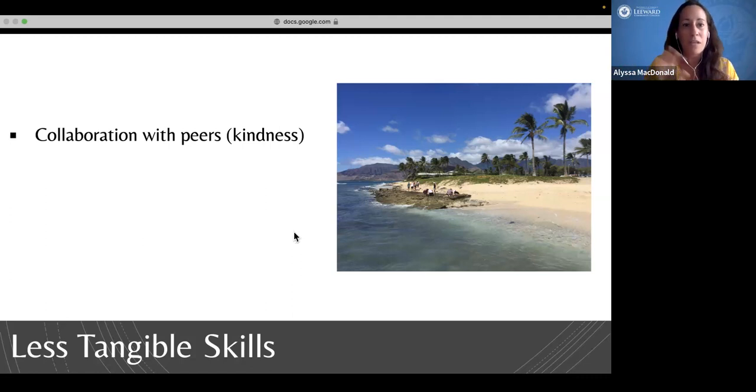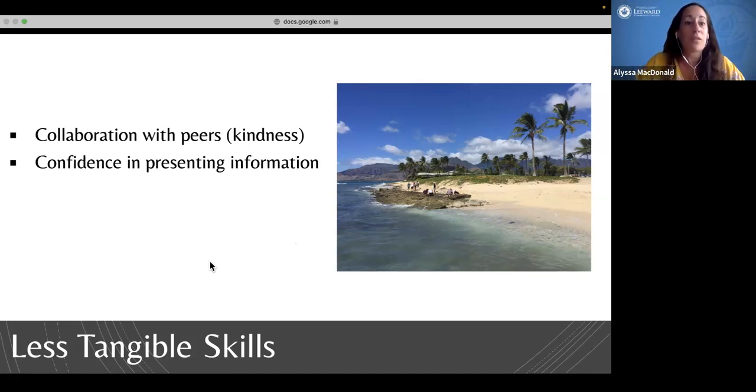This is actually a picture of students surveying the tide pools on the west side of Oahu, and they take that information that they've learned and bring it to everybody else so that it can be more accessible to the world. Other things, obviously confidence and presenting, as Natchee talked about, being able to not only put it out in the public face, but also give some presentations about what they've learned, is really helpful for them. It gives them a little bit of a boost because they get to click that publish and see all their edits get moved around, and we'll address that question in the chat at the end. But overall it gives them a sense of contribution and confidence as researchers in zoology.